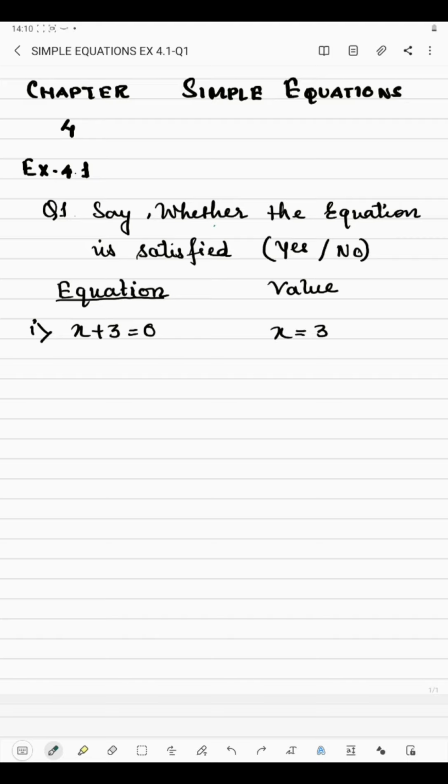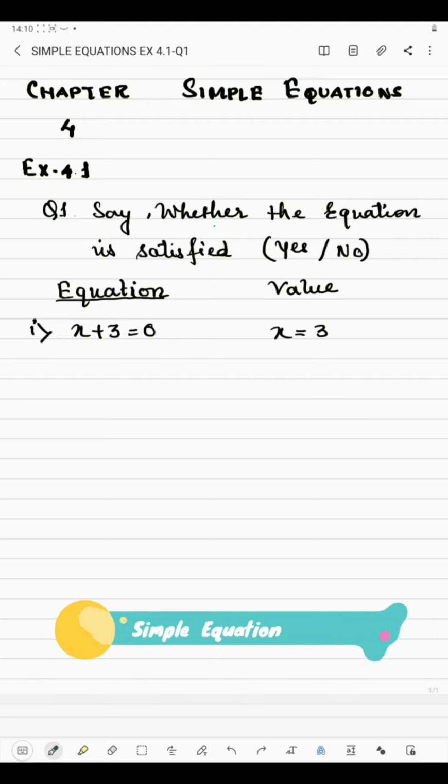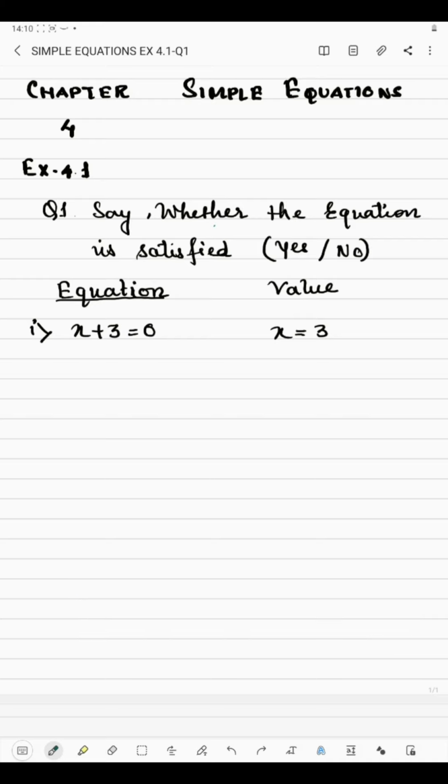Hello students, today I am going to start question number 1 of exercise 4.1. Now question number 1 says, say whether the equation is satisfied. Here some equation is given and the value of the variable also is given. What we have to do, we will have to check whether this is the value of the given equation